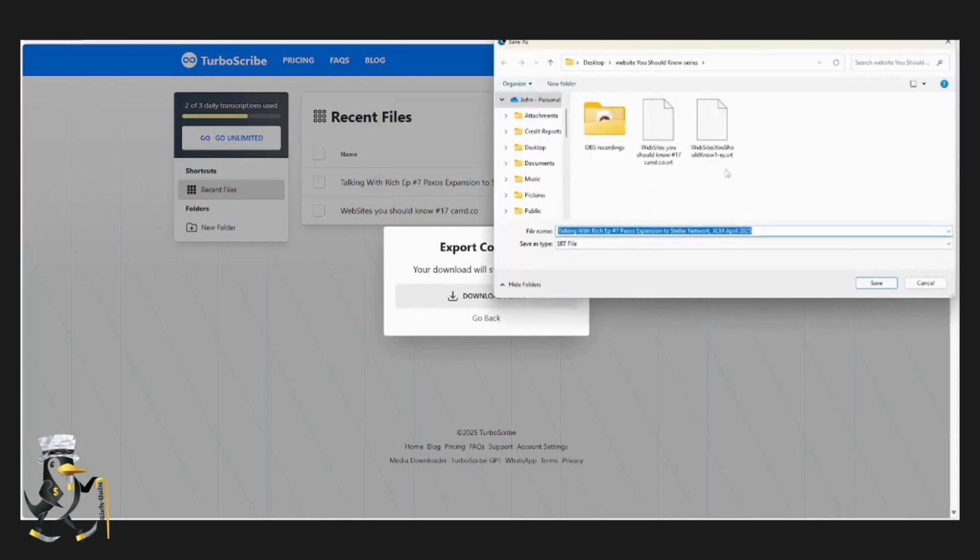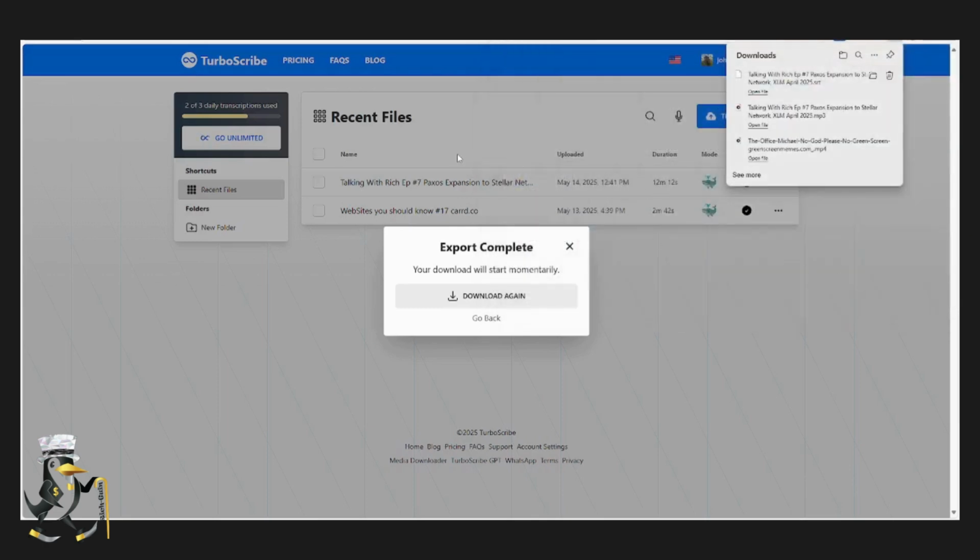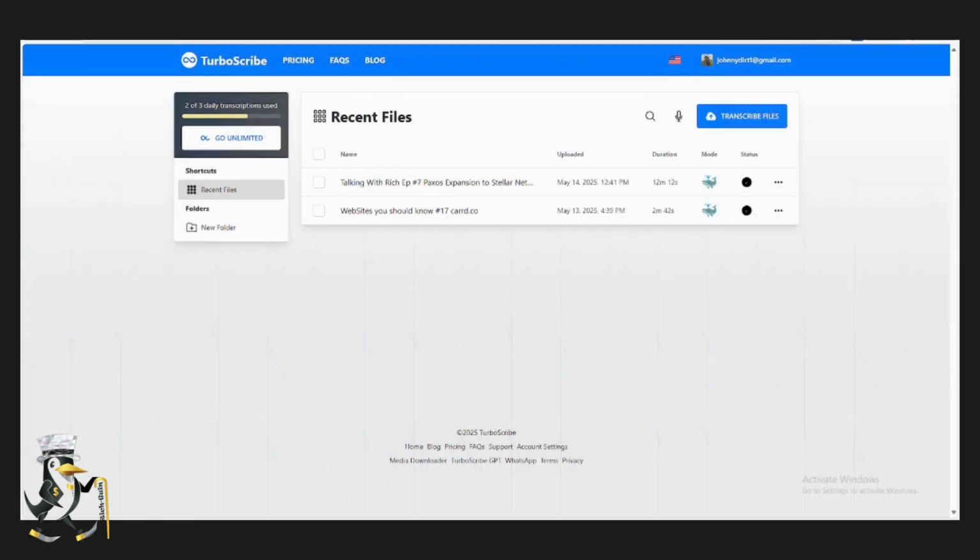Okay, and then we're going to save this. Let's go down here, Website You Should Know series, and save. Okay, so now that we've got that, we can leave these two pages, which is YTMP3 and the Turboscribe page,